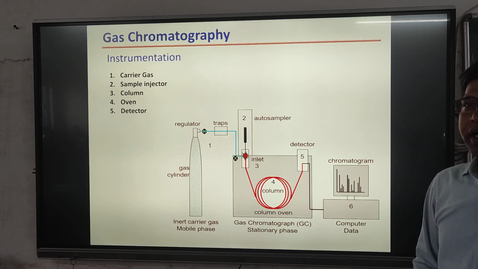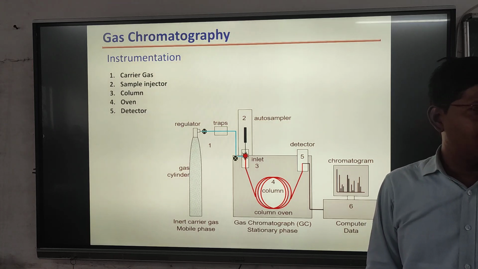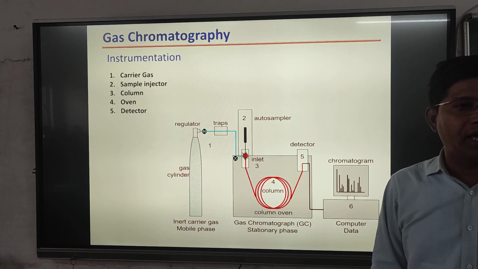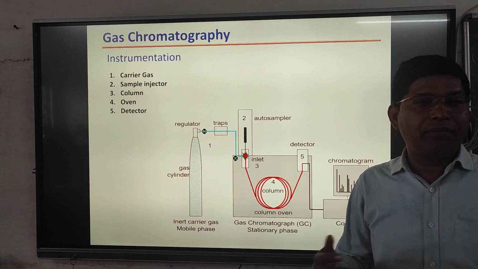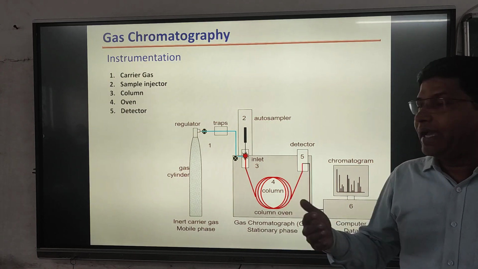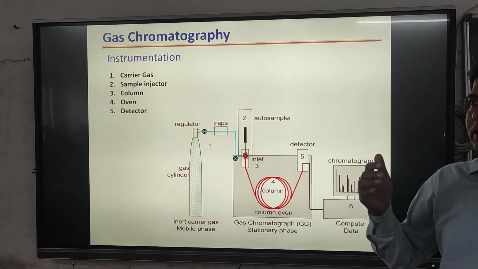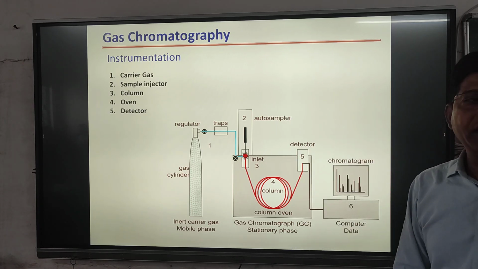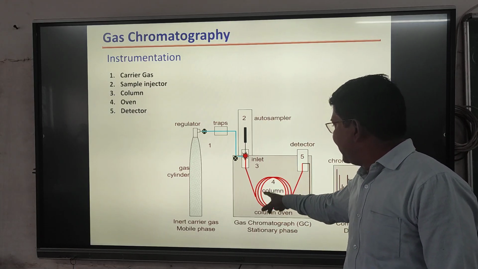The important point of gas chromatography is that the compound should be volatile. In gas chromatography we can analyze compounds that are volatile; if we cannot make a compound volatile in the sample injector, it is very difficult to analyze those types of compounds. So the important criterion for analyzing compounds in gas chromatography is that compounds should be volatile between 50 to 150 centigrade. After volatilization, they travel into the column.